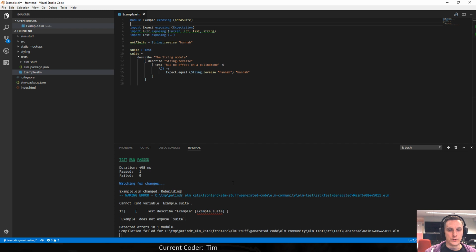Now, if you look at the output right here, somehow elm-test knows that you should have exposed the suite function.